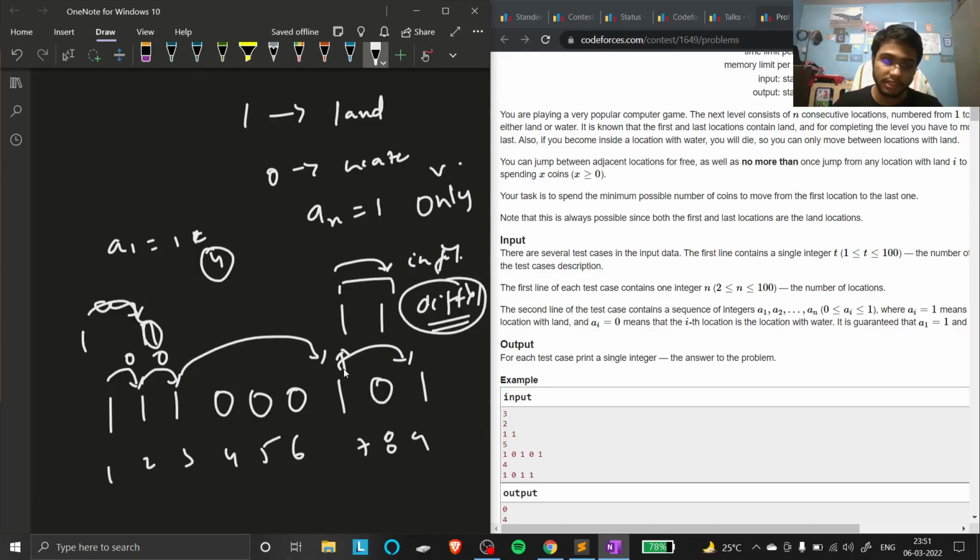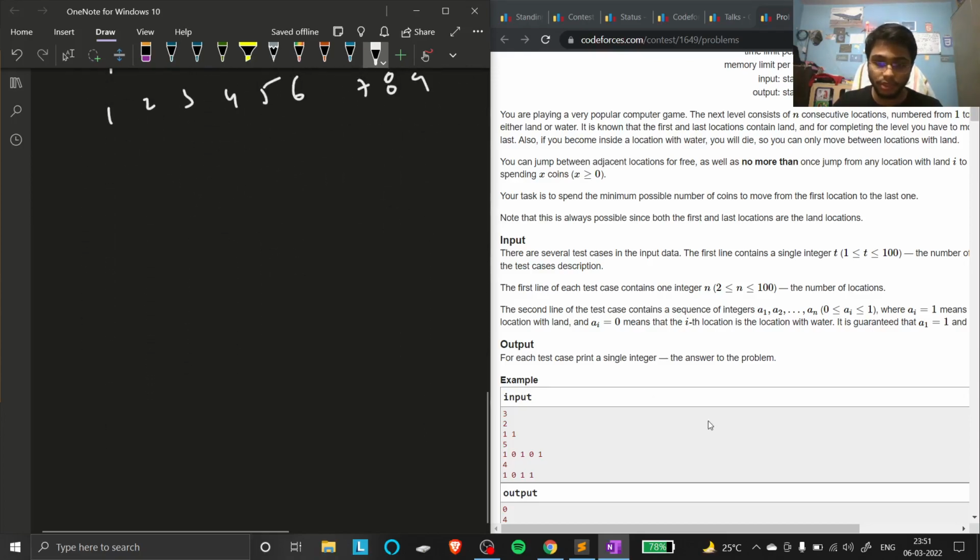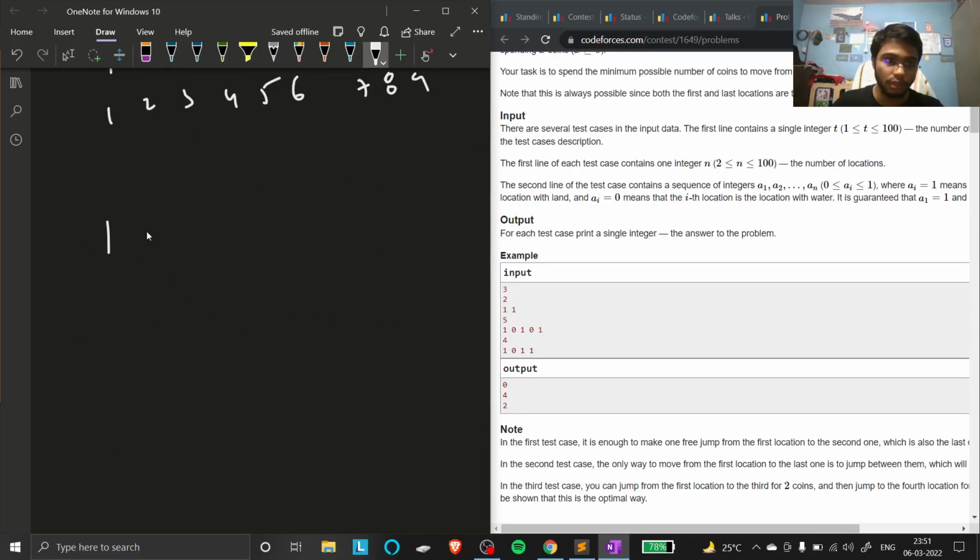Otherwise, if you come here and then jump here, you will die. So you can't jump from here to here, you have to jump from here to here at the end, because you do not have any other option. That is the problem. If you see the test case also, it clearly shows 1 0 1 0 1. From here you have to go to here. You have one option, you can go from here, but after coming here you will die, because you can do this only one time, not more than that.